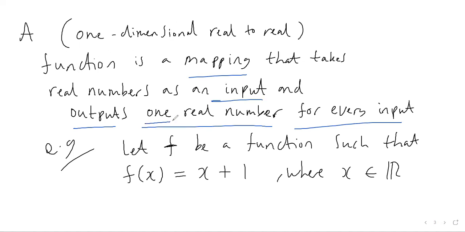And the key thing is you get out one number. So when you put in a number, you get one number out. So you won't get 2, 3, 4 numbers. You get one number out. So for example, let f be a function such that f of x equals x plus 1, where x is